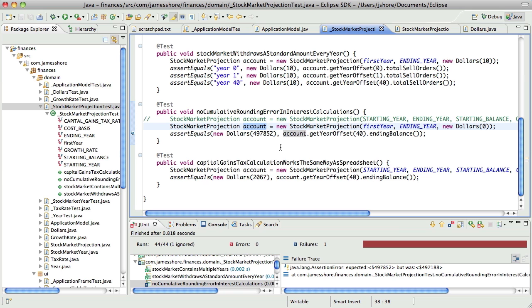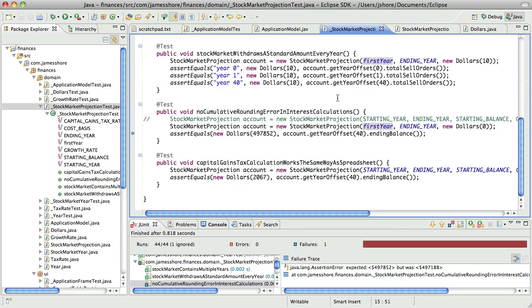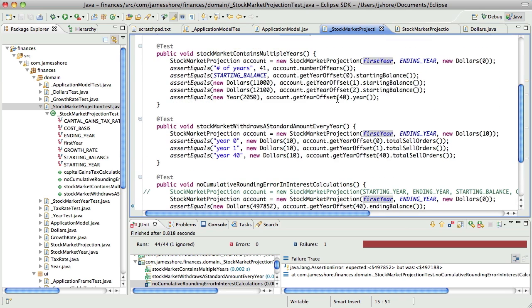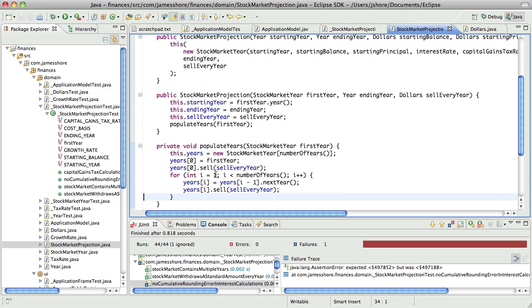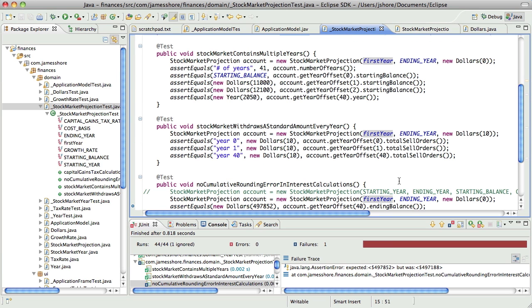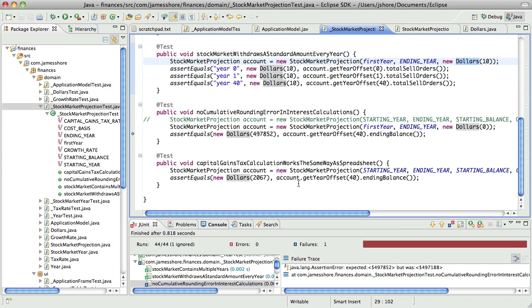So that's why it took me quite a while to figure out what was going on, maybe 20 minutes or so. What was happening is I'm treating this first year like it's immutable. So I'm using it test after test after test, but it's not immutable. Every time you call sell on that first year, it accumulates. And in the stock market projection, we sell right here. So we were accumulating sales on this. Not very many, but enough. There was this one, and then that was affecting this one. So it's really easy to fix.